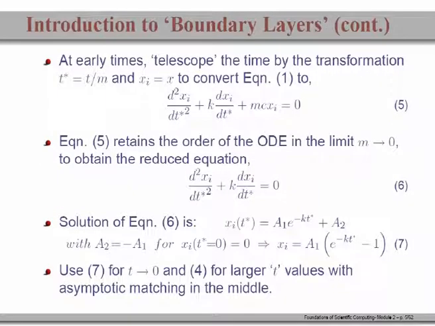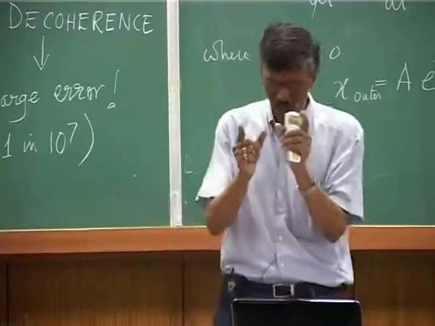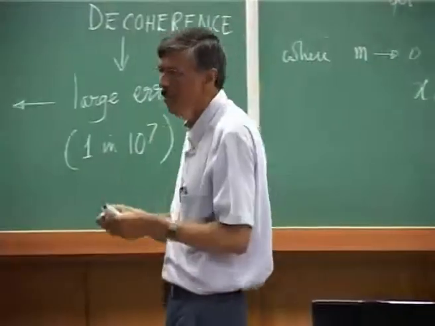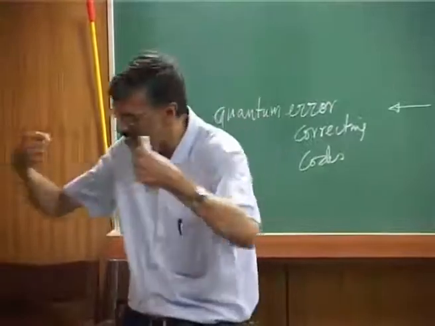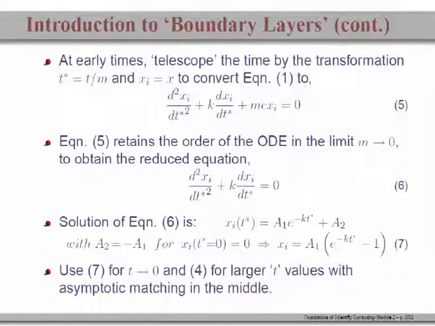So, what we could do is we could indulge in some kind of a transformation. So, we telescope this time. We take the small time t, we divide it by m, which is itself a small quantity. So, I am basically stretching the time. So, this t star is basically the stretched time in terms of the basic time t. And now, if I call this solution as x I, or x inner,